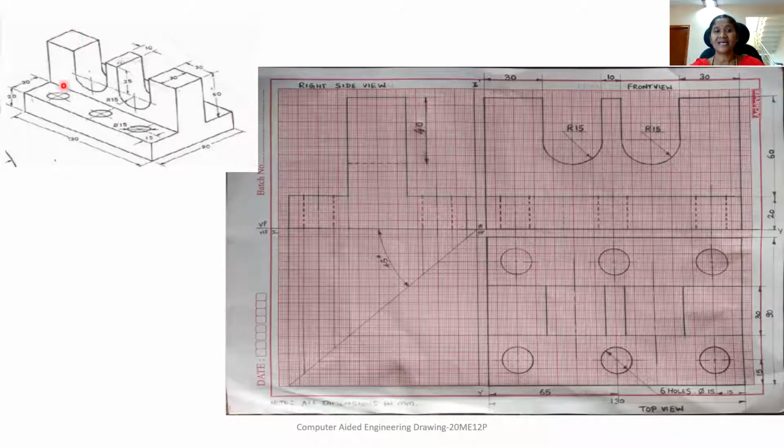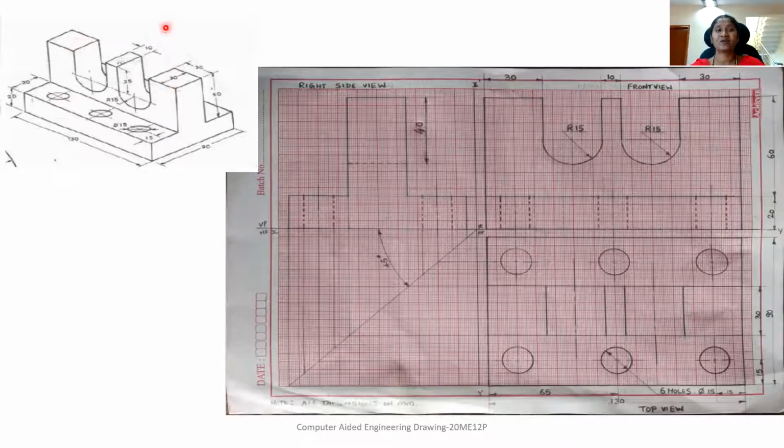So this rectangle of 130 by 90 mm consists of 3 holes here. Similarly, there will be 3 holes on the other side. So totally there are 6 holes of diameter 15 mm. And also from the top view, I can see rectangles at the middle of the width. So this rectangle is 30 by 30. So another rectangle of 30 by 10. I can see another rectangle of 30 by 30 mm.